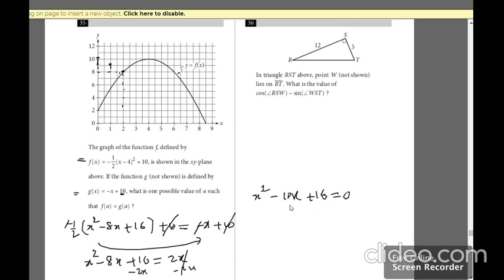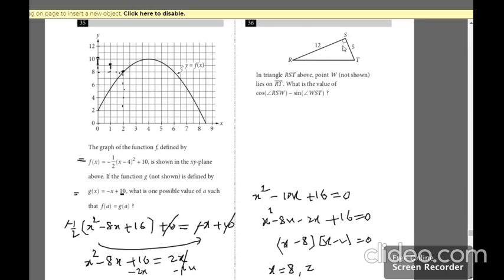And if you work out the factors of this one, 8 times 2 is 16. So x square minus 8x minus 2x plus 16 equals 0. So you end up getting two values. They've asked us for one possible solution, so you have two, and among those, any one can be taken. That's how you are going to solve it. But I've also already shown you the shortcut.